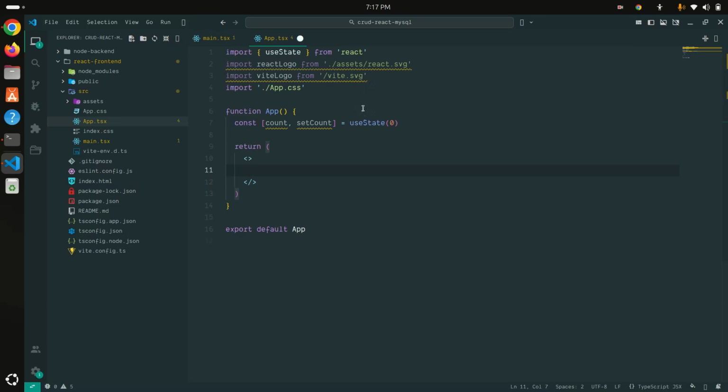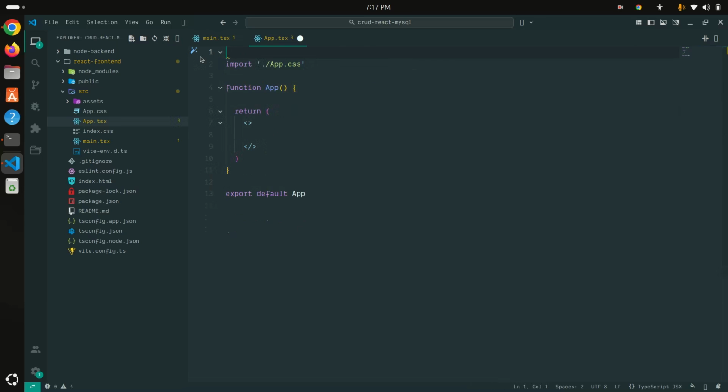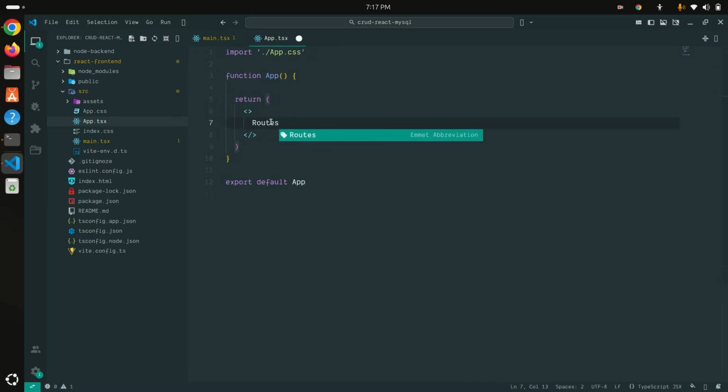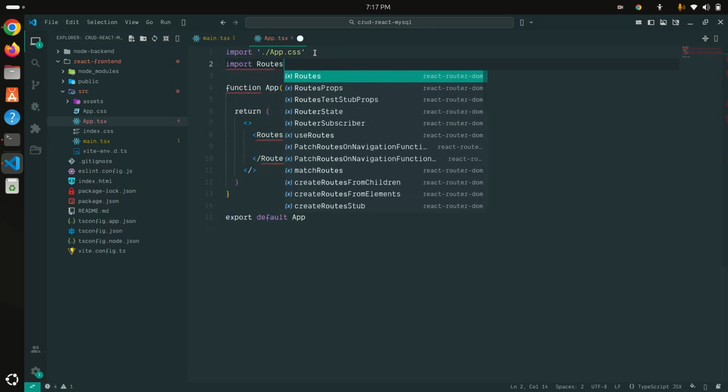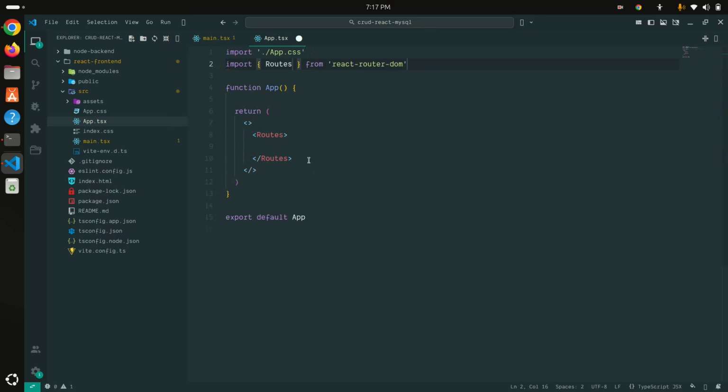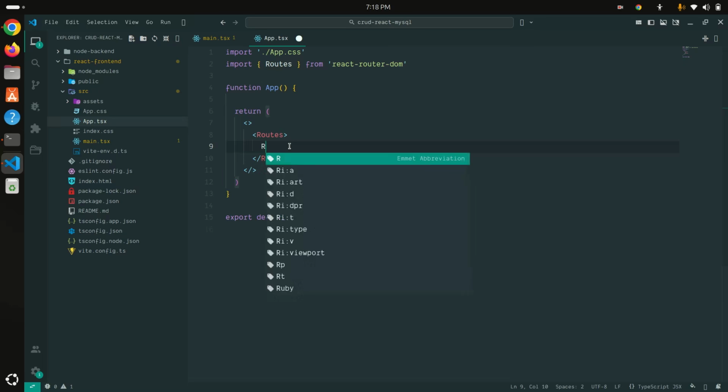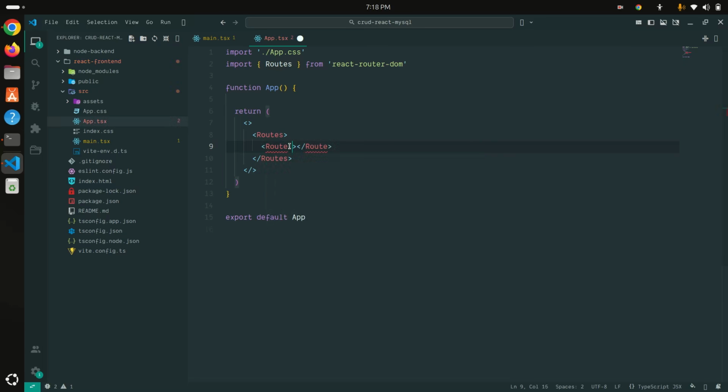And here we are going to define the routes also. Let me remove this, and also all the related imports, let me clear it. Okay, and now I'm going to call Routes. Let me import it as well, Routes, something like this. And also inside Routes I'm going to create the first route, and that's called